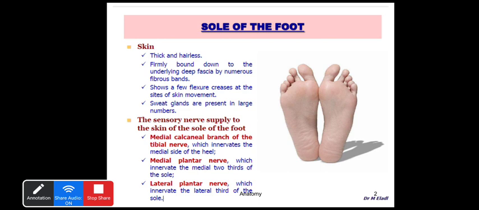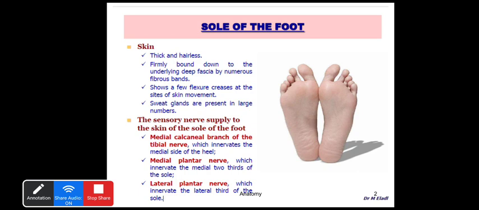Before going to the topic, briefly, what is the sole of the foot? The foot has two aspects, of course, the dorsal aspect and the sole of the foot. In the last class, we discussed the muscles of the sole, arranged in 4 layers underneath the plantar aponeurosis. Today's class is about the neurovascular bundle. Mainly we are concentrating on the vessels, the arteries supplying the sole of the foot.